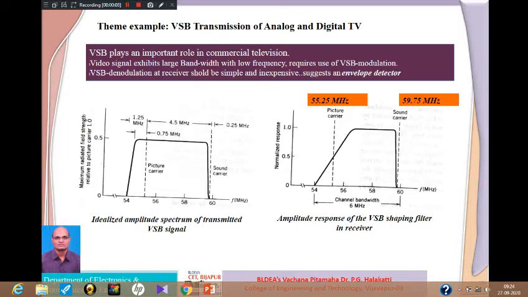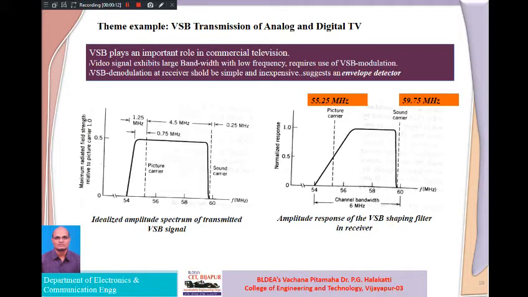So in the last session we covered up to the single sideband modulation, where we have seen that we are going for single sideband modulation where we are able to get only either the upper or lower sideband. Even though we are carrying the message signal either in the upper or lower sideband, the bandwidth requirement is very much reduced compared to the DSBSC.